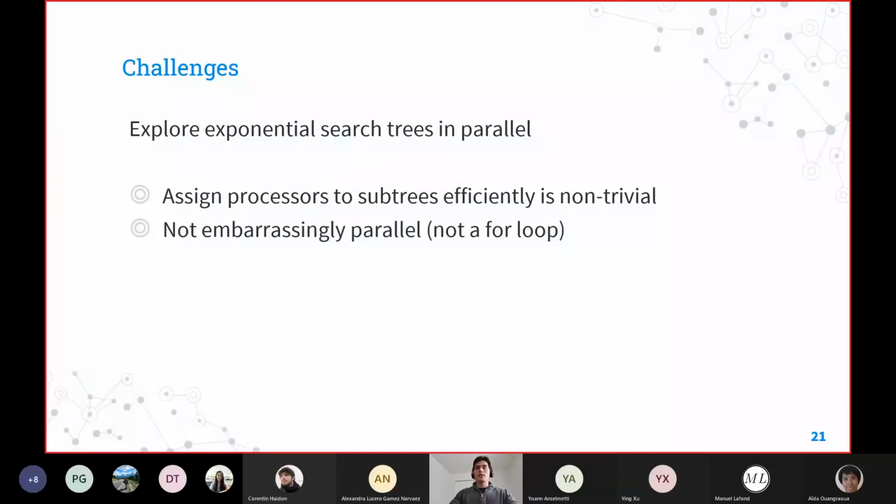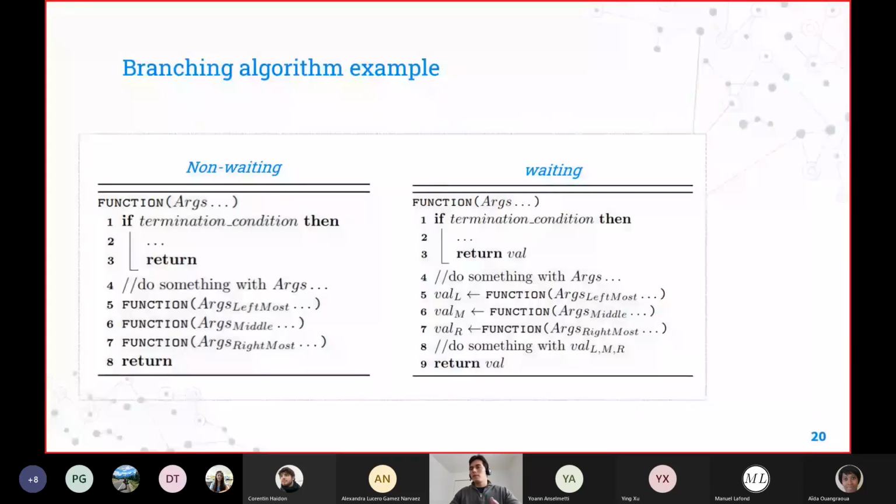Then one of the challenges is how do we actually parallelize, or how do we make calls in parallel to each one of these branches? The recursive code only takes maybe, for this case, just 9 lines.